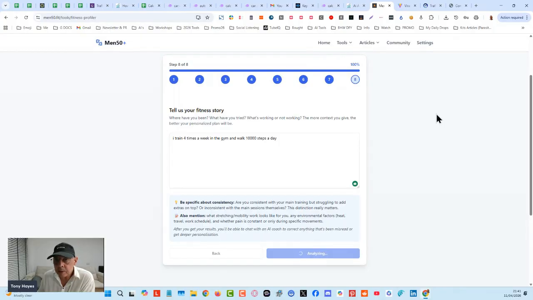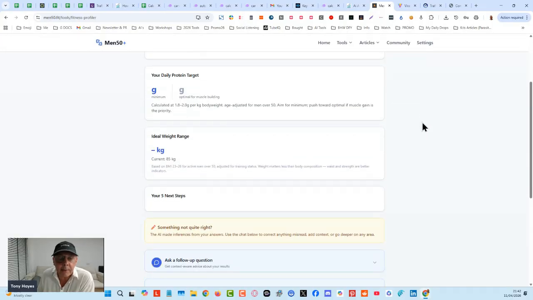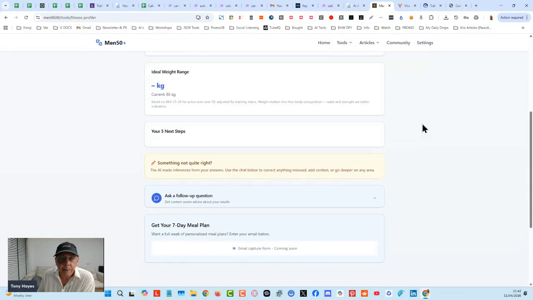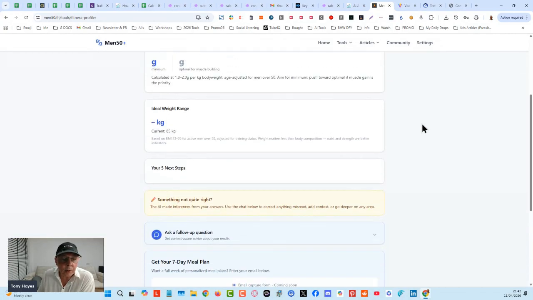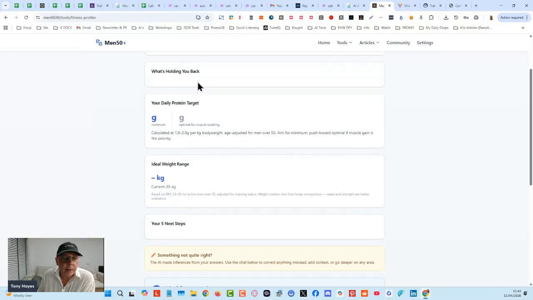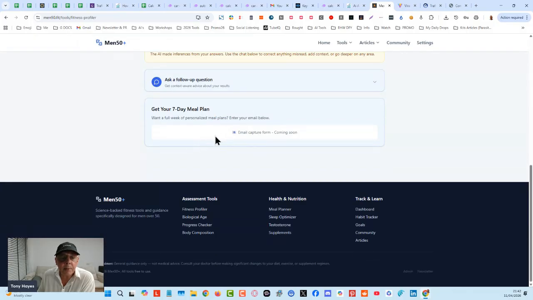Okay, so we can get into the monetization stuff in a whole session, the different ways that we can monetize. So you could very easily create an ebook, something like that, and you could sell it even for $27. That gives you money in your pocket for not a lot of work. AI is doing all the work. And so it's basically telling us a daily protein target, all that kind of stuff. And then it'll give them a meal plan.